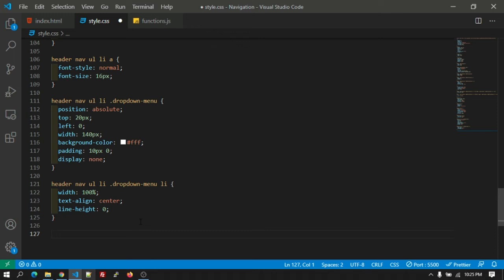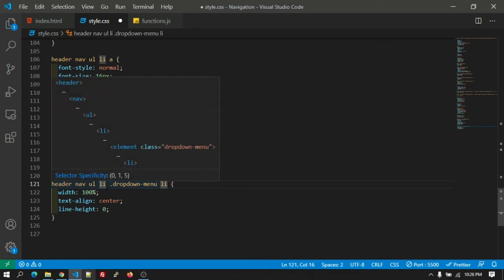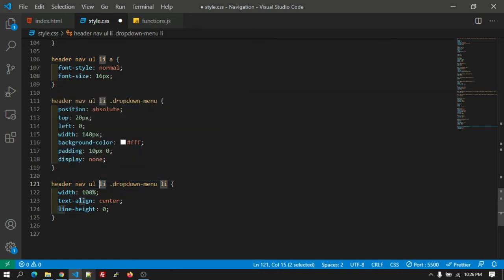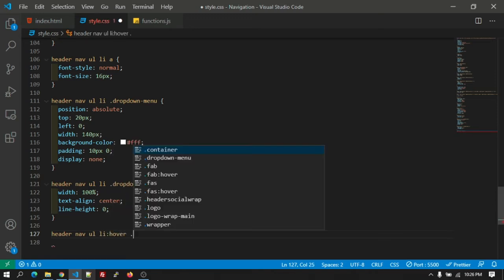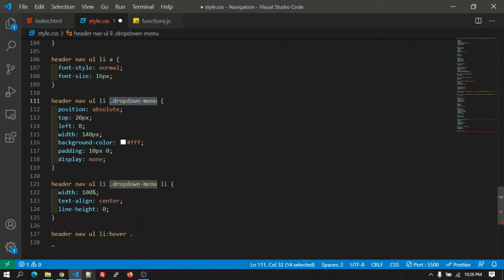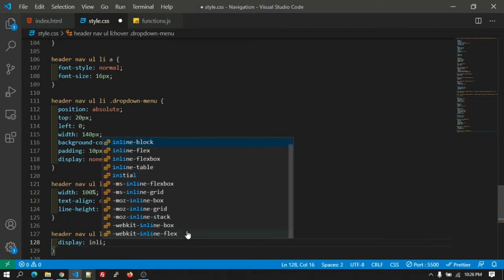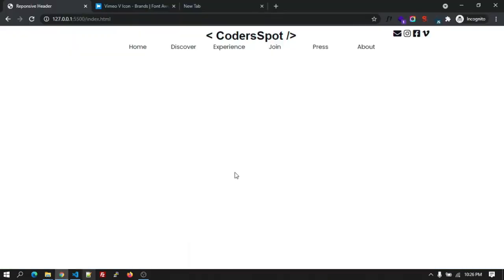Okay, so for that let's copy header navigation, and it's there inside the li, right? So on li, on over it should have class drop down menu. Okay, so after that it will be this inline block. So let's refresh that. So if I go over on join, the drop down will automatically show.